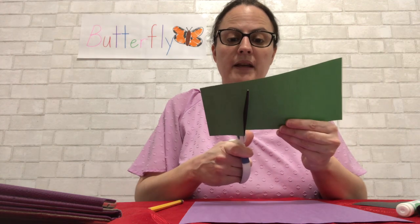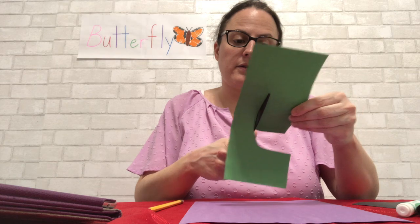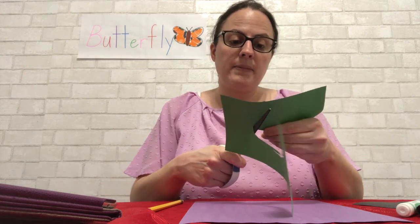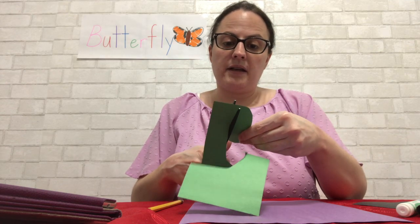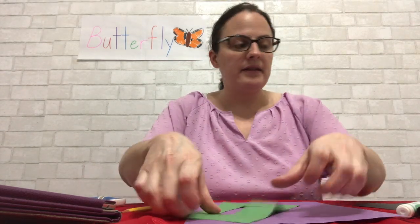Now I'm going to cut my body out with the scissor. Remember to cut away from your body when you cut it out. Just like this, and turn the paper. Don't turn the scissor, you turn the paper to cut it away. And here is my one body. I put it down, put the scissor down. Next